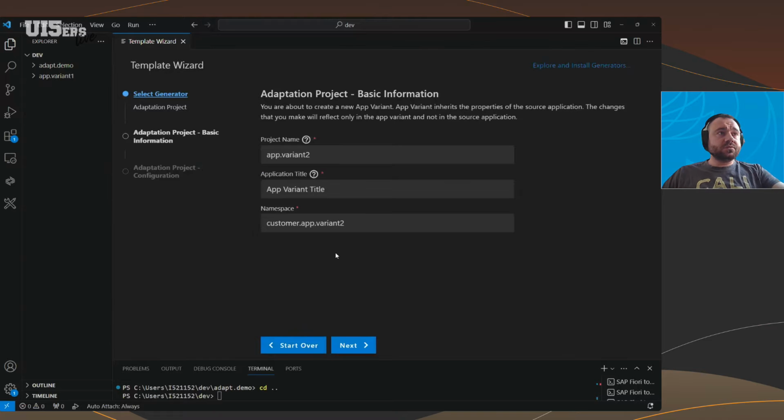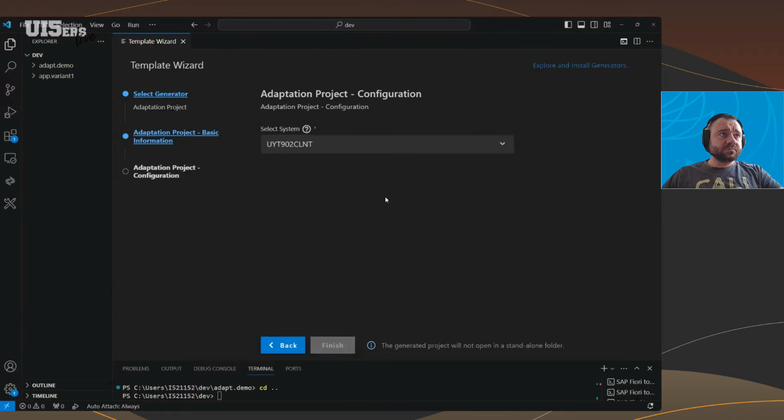This will lead us through a few steps to create it. So, for example, now I have different properties for the project. Let's name it like this: customer adaptation demo 1 with application title. This is the namespace which is automatically generated. We can proceed. My bad. So we can proceed to the next step, which is